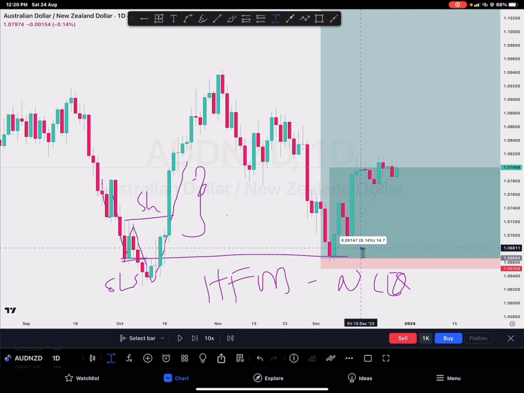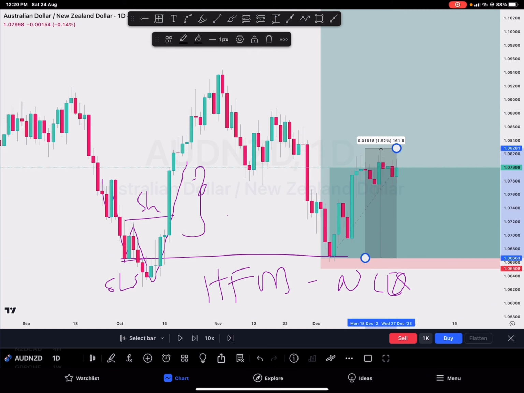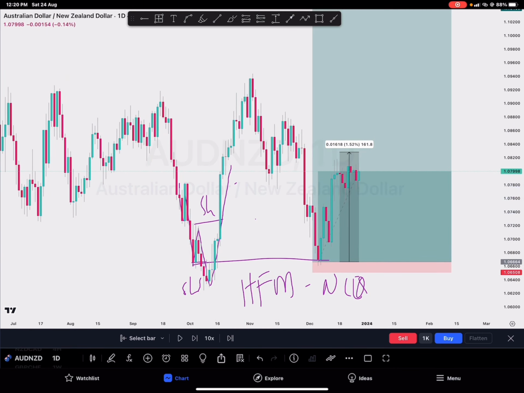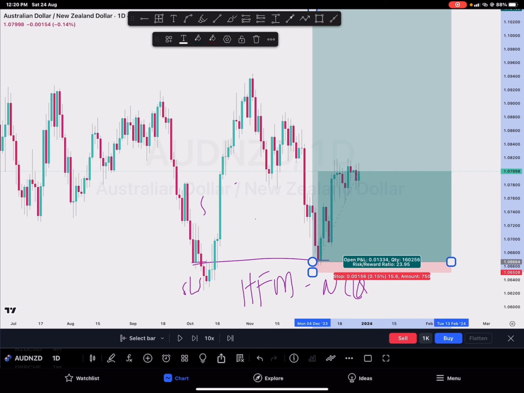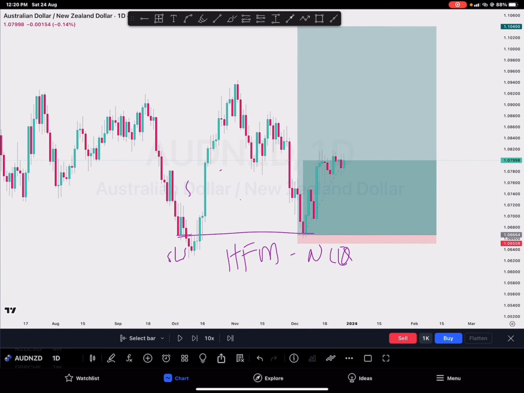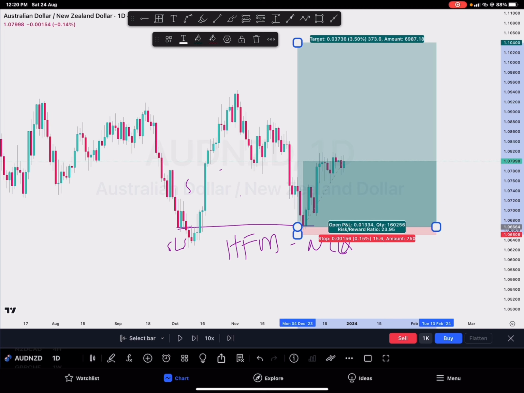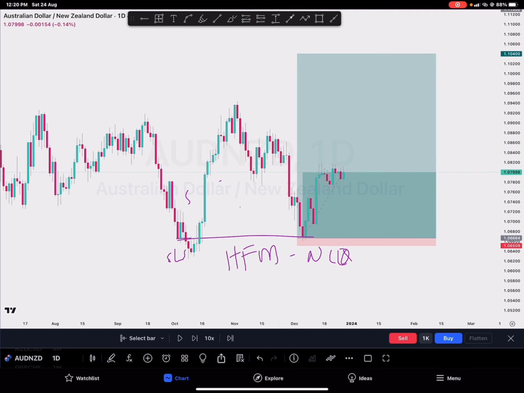Now for the sake of the daily time frame, you can actually use a small target. You can see I was only risking 15 pips, and it gave a good amount of pips,